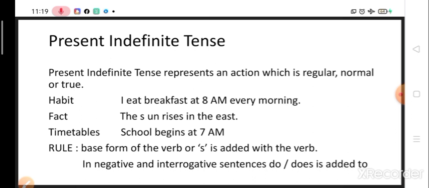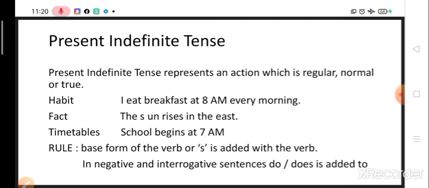In the 8 a.m. every morning. Also, it is used to show the facts, like the sun rises in the east. So these are the universal truths, which, when we express them, are generally in the present indefinite tense. Then we also use it for the timetables, like the school begins at 7 a.m. So this is the timetable, like every day the school begins at 7 a.m. So for all these things, like showing the habits, showing the facts, or showing the timetables, we use the